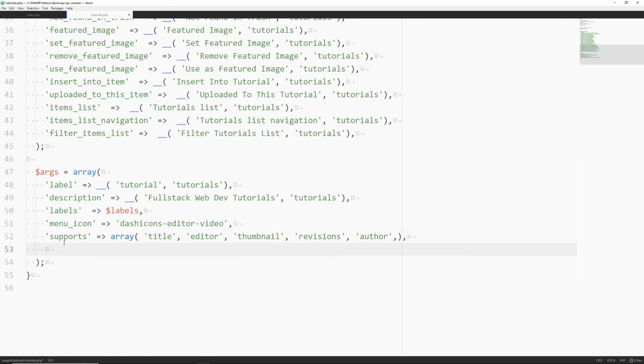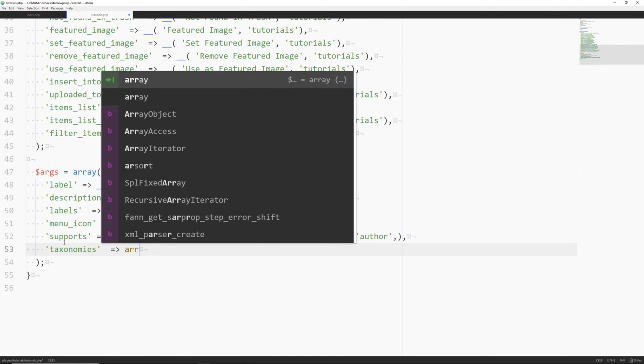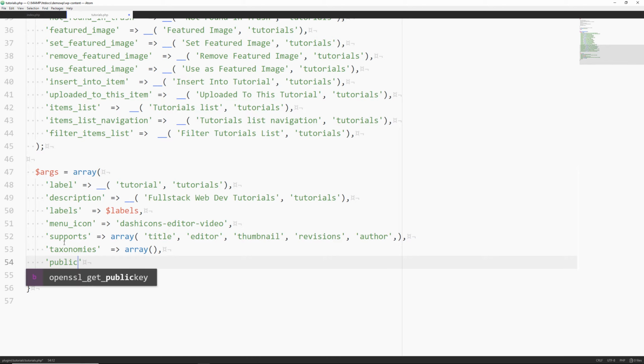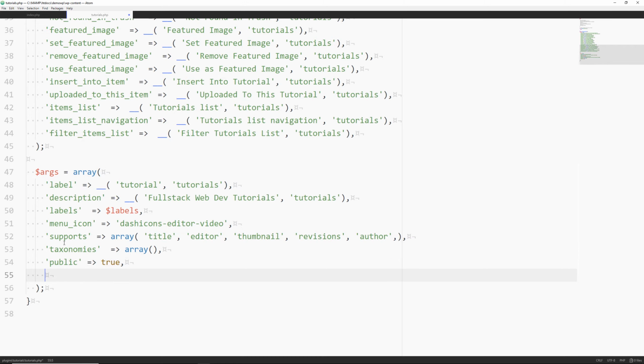So over here, we'll say taxonomies. And this is going to be an array of what supported taxonomies you're going to create or support in general. So I'll come back to that in a moment. The next thing we're going to say is public. We're going to make that the Boolean value of true, meaning that's going to be publicly accessible. And then we'll say show_ui. I'm going to make that true as well. Go to a new line, and then we'll say show in menu.